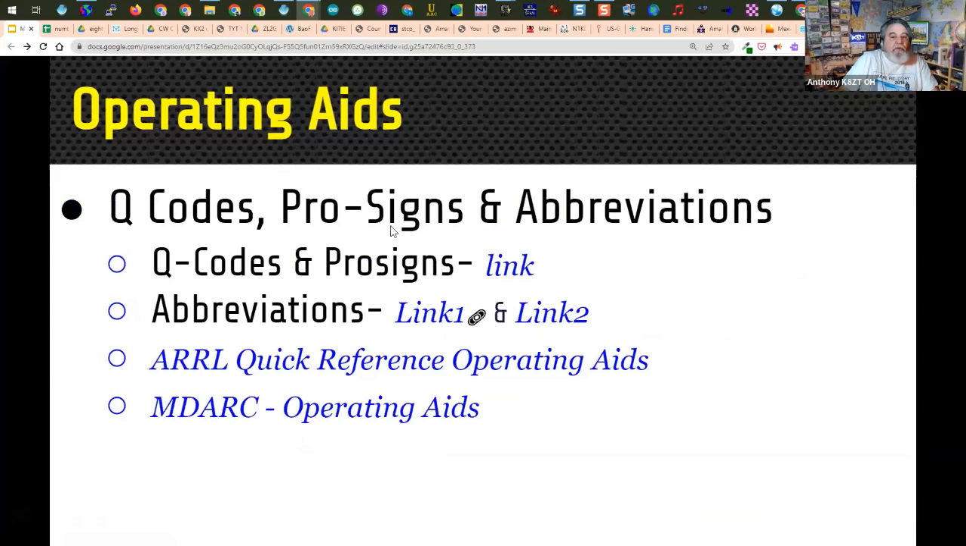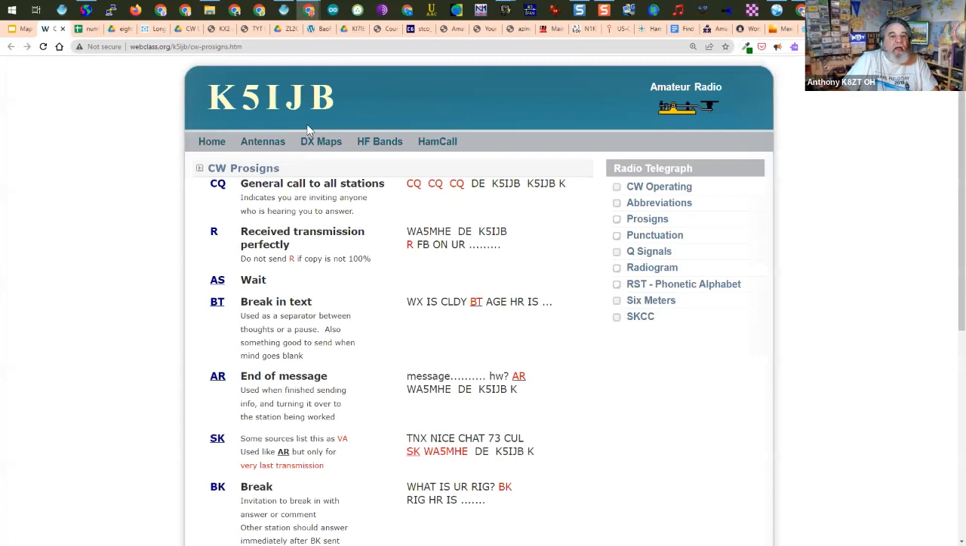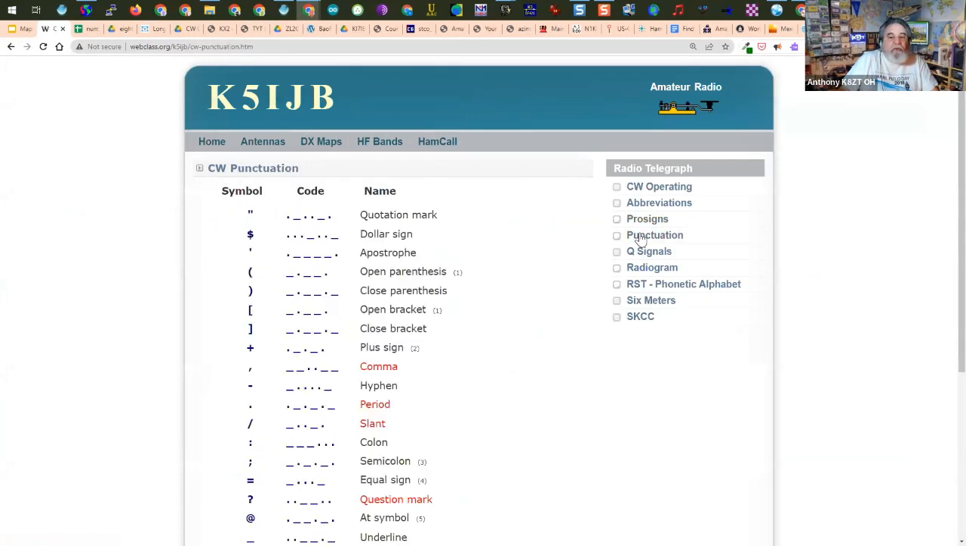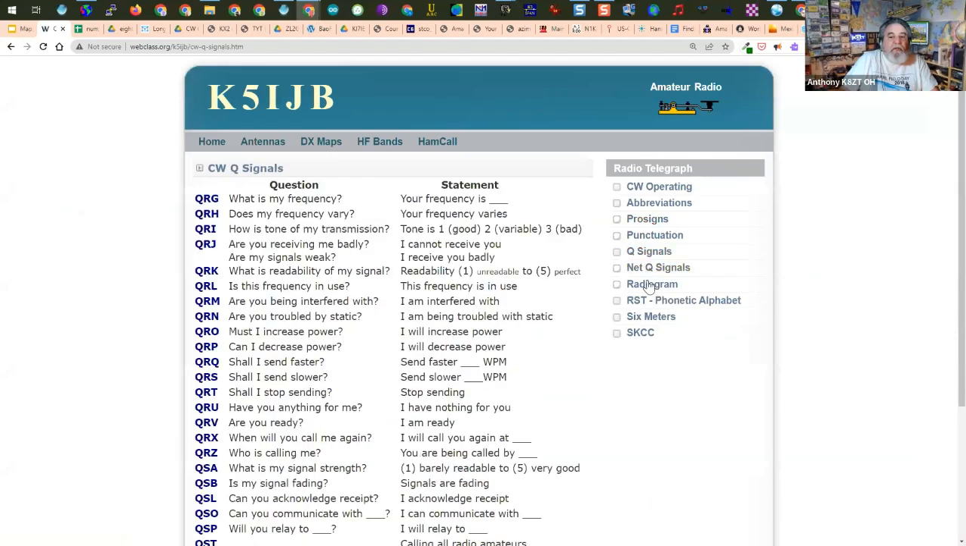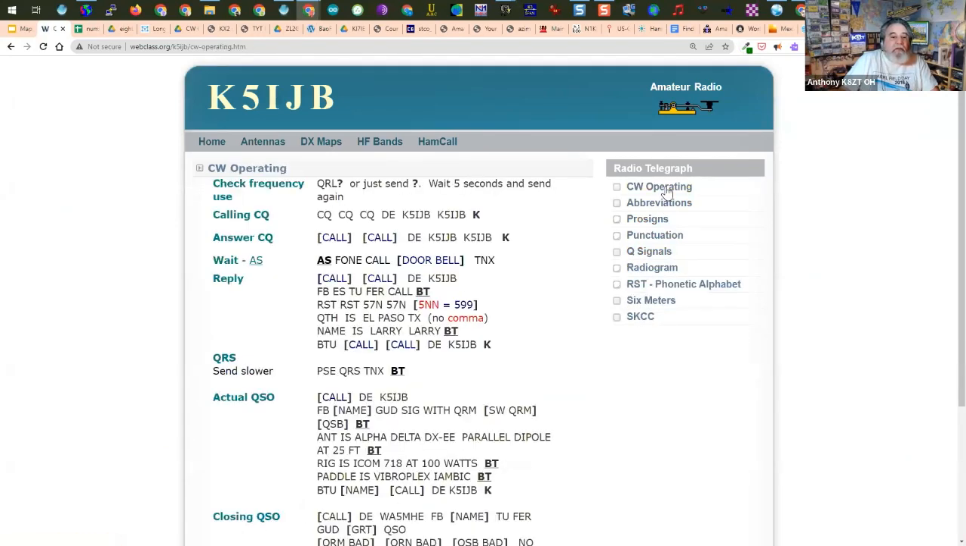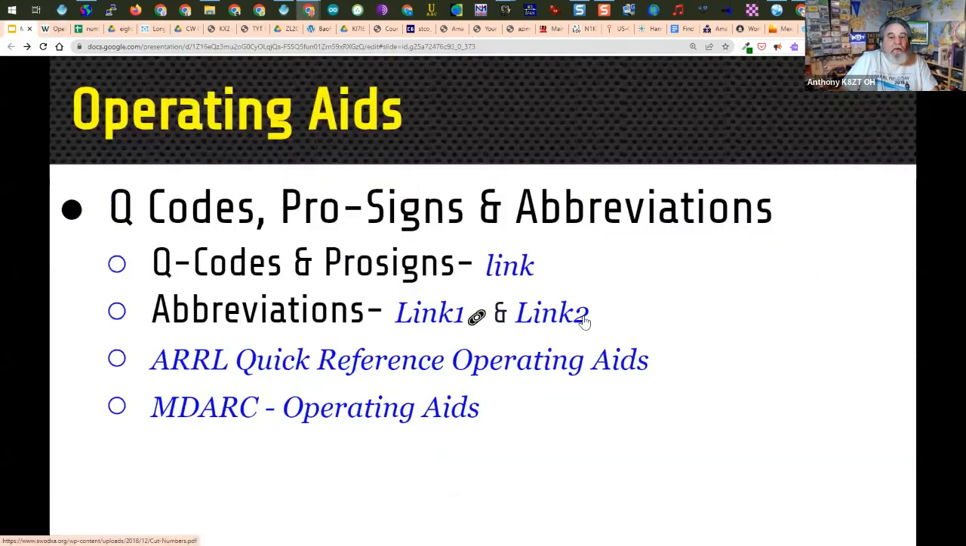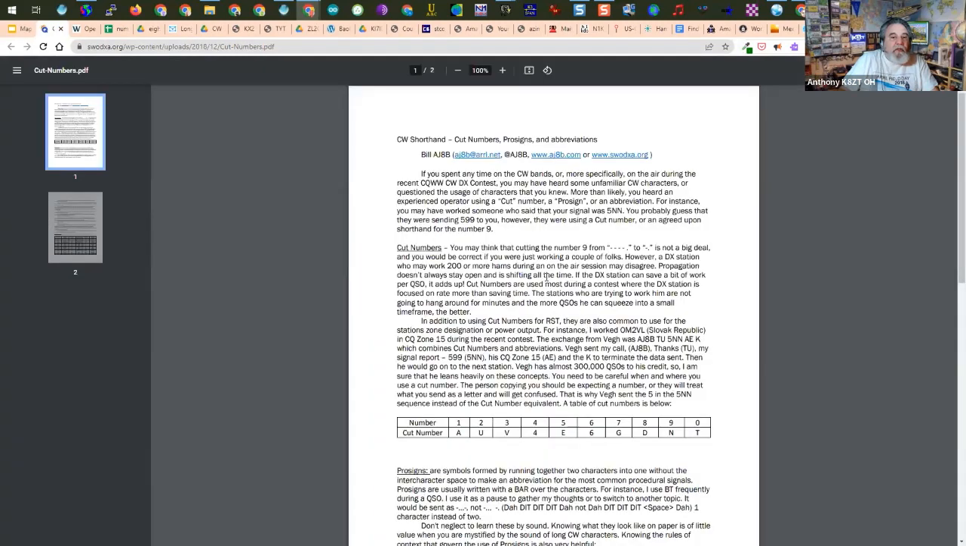Q codes, pro signs, abbreviations is a great page from K5IJB. You can come over here and see all the pro signs. You can see punctuation. You can see Q signals. You can see abbreviations. You can see templates for operating CW. Other abbreviations from other sources here. Here's some Swadoka, build